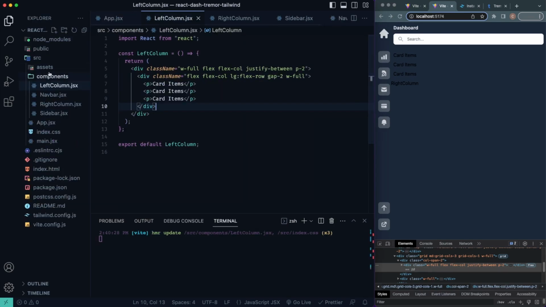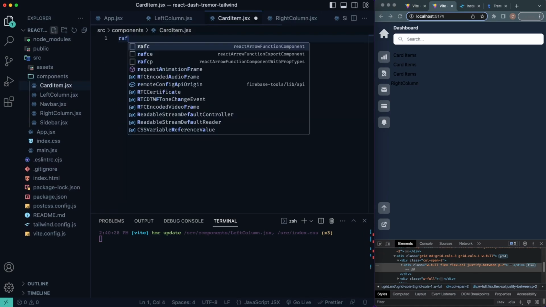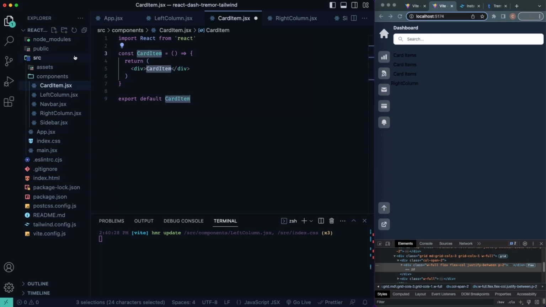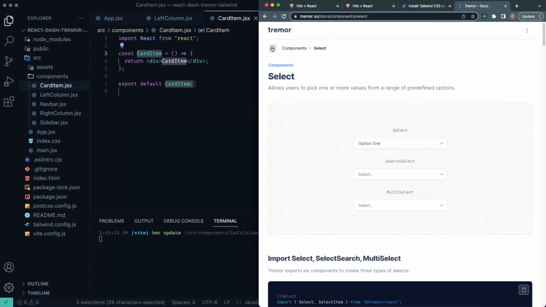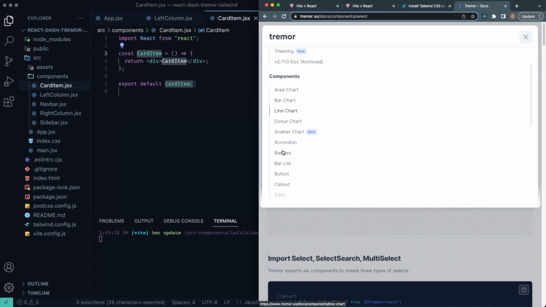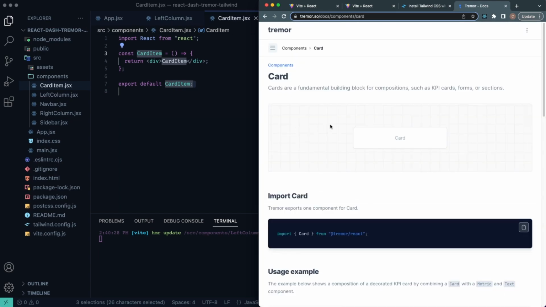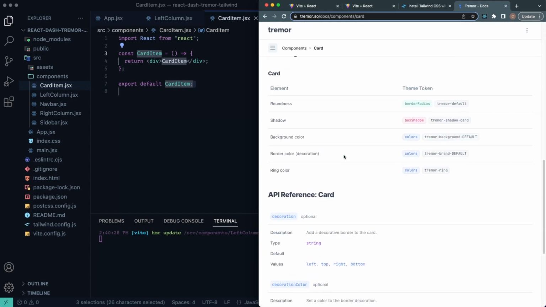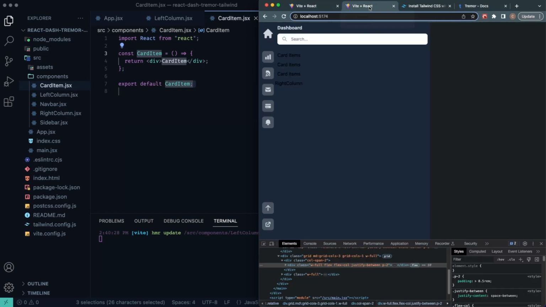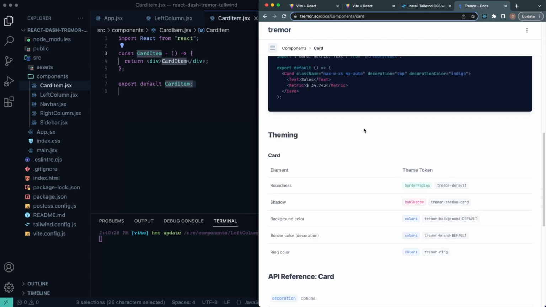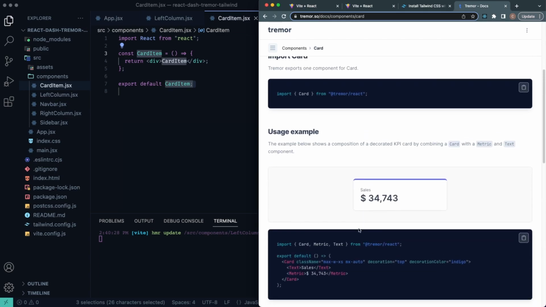So what I'm going to do here is create another component, and I'm going to call this card item.jsx RAFCE. Let's go and generate our functional component here. Now let's go back here to Tremor, and this is going to be, I believe it's called a card. So let's just scroll down and find a card. So all different kinds of cards that we can use. We're going to be using basically this one right here, but we're going to add a little bit of extra